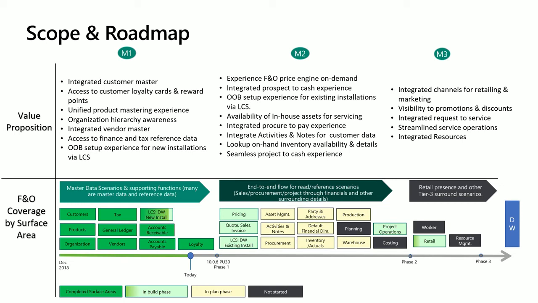And then project to cash, this is the PSA F&O integration. So, you can create projects inside your PSA, and then you can have your actuals realized inside F&O, and then those project actuals will surface in PSA automatically for you. So that is the phase 2 value proposition that we are bringing in, and similarly there is a phase 3,